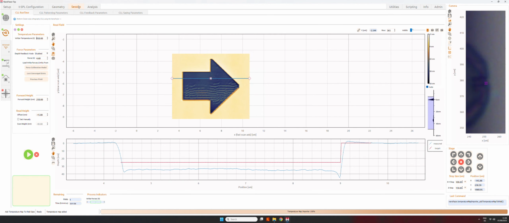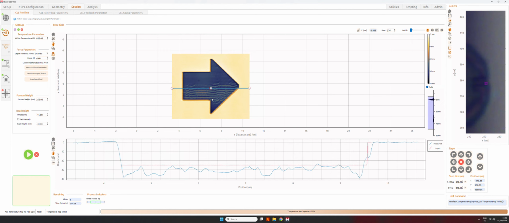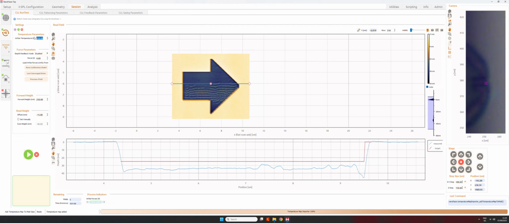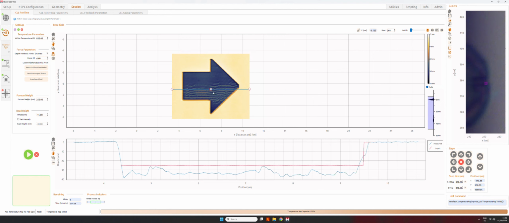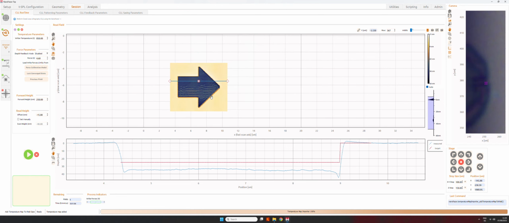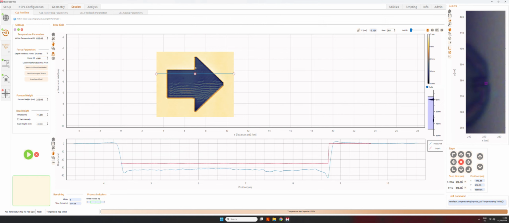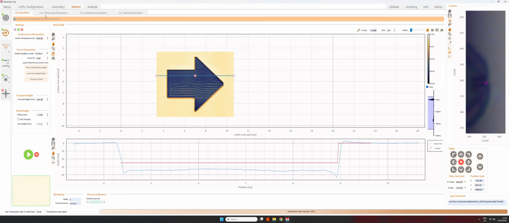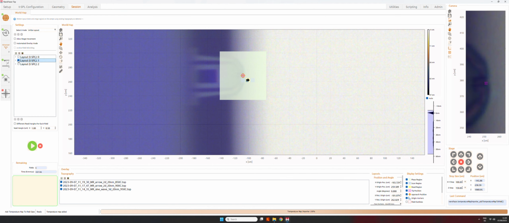You see that I already tried to pattern the arrow without feedback. So I used 850 Celsius, quite a low temperature, and you see here indeed that we're not removing the material very efficiently, without feedback, with a force of 4.6. So this is what you expect if you pattern this design, this layout, to the smaller arrow. So we can now make a bigger one.